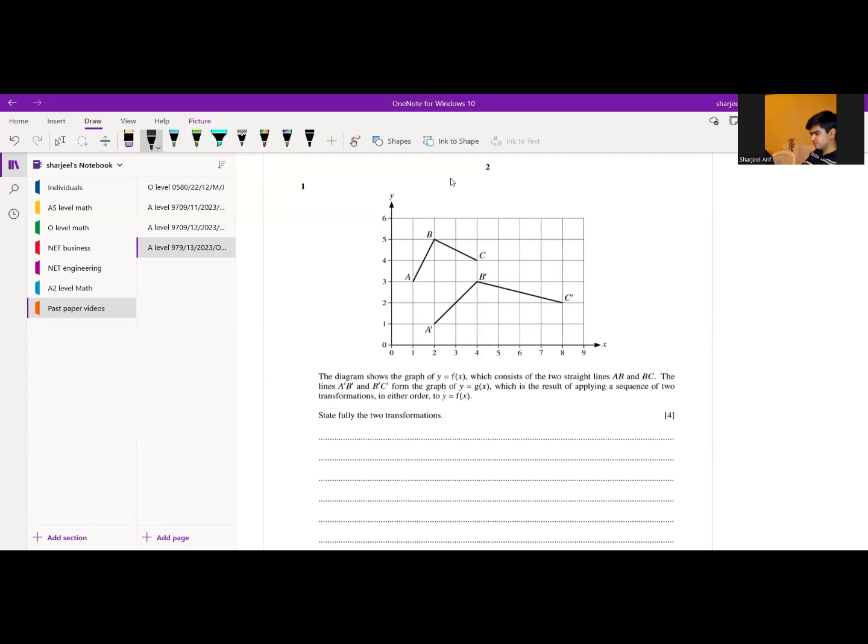The graph of ABC has moved two units to the right and two units to the bottom. And the line has also stretched. Look at BC, we have a 2 cross 2 movement in BC, but in B'C' we have 1 cross 4. So there are 4 columns while we have 2 columns in BC. So this means it's a stretch of 2. So the graph has moved horizontally. So this means a horizontal movement of 2 has occurred, right? So we will say that the stretch factor is 2